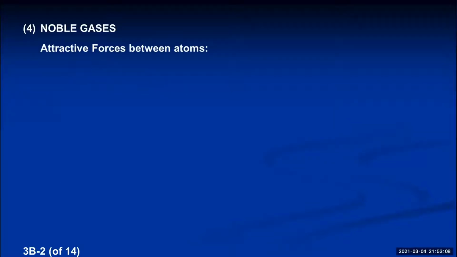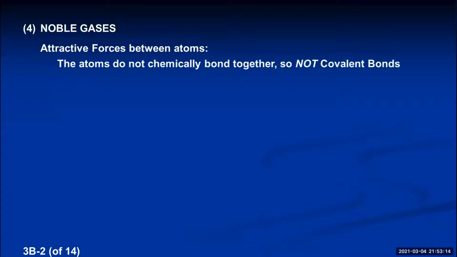So this attractive force between those noble gas atoms in a crystal of a noble gas is not covalent bonds. That's important for you to understand, okay? The atoms do not chemically bond together. There's no ionic bonds, there's no metallic bonds, and they're nonmetals. So you would guess covalent bonds, but it's not that. They bond together with something different. They bond together with a really weak attractive force that has now become known as a London dispersion force. What is that? We don't know yet. We'll talk about it in a couple of minutes. But let me first just introduce all the properties of noble gases I would like you to know, and then we'll go back and try to explain what this brand new attractive force is.